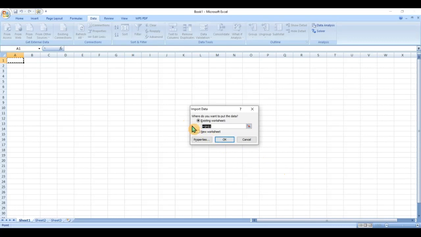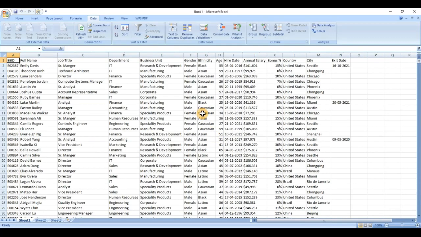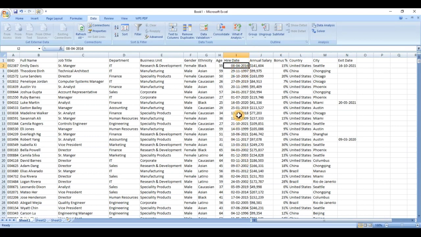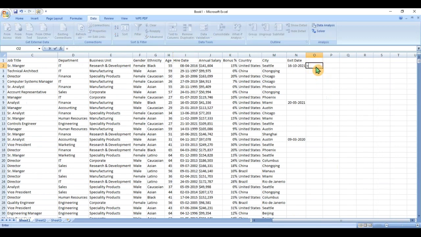I place it in this worksheet, and you can see Excel has beautifully converted this data into a consistent format depending on my region. My region's date format is DD-MM-YYYY, so it has consistently converted the hire date and even the exit date into this format. Now if I do some date operations, say the same TODAY function minus the hire date, to find how long the employees have been working with me,